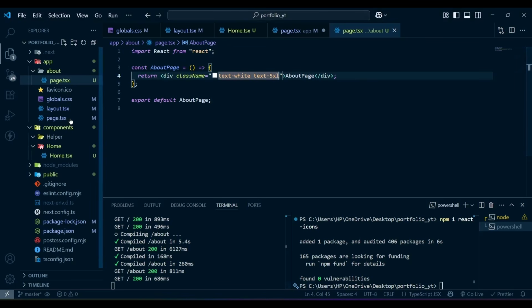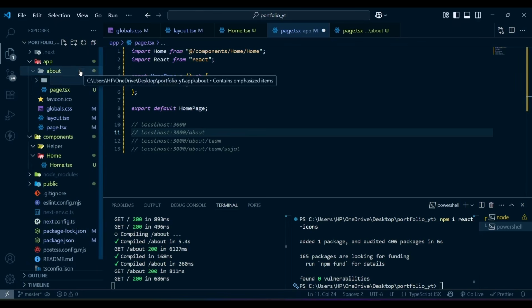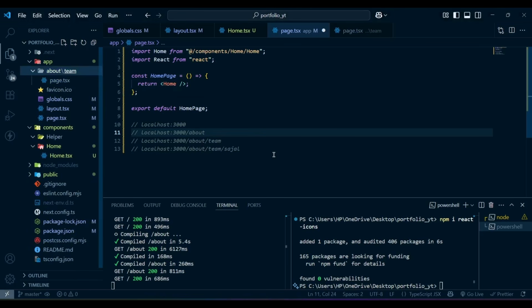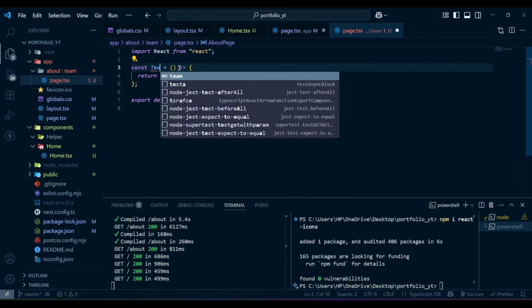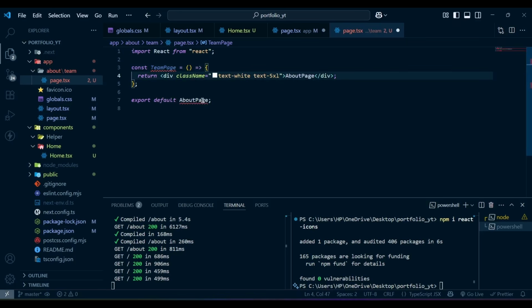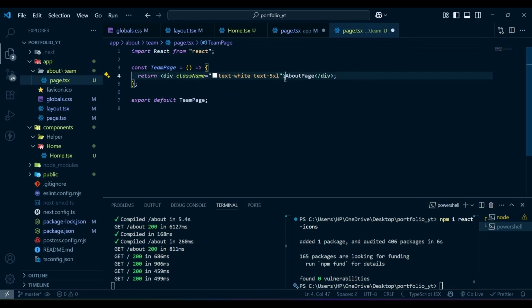Now let's go to the home page again, and let's create the nested route, which is localhost 3000 slash about slash team. What you need to do is, inside this about folder, create another folder which is team, and then inside this I'm going to copy this page.tsx, and here I'm going to change this to team page, and for the text also change it to team page inside